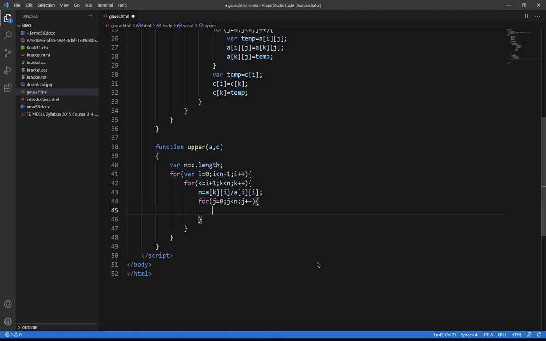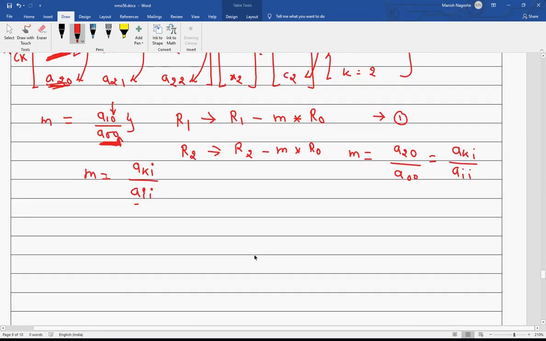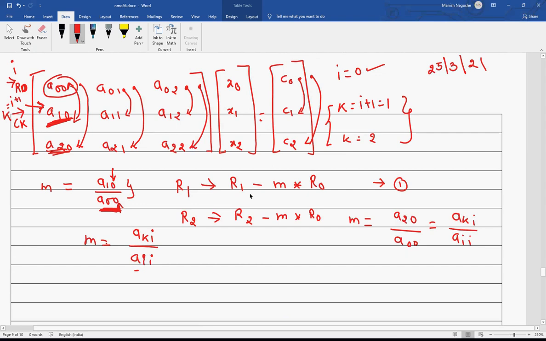And what operation do I have to do? That is R1 minus, so it is like A K J. So A K J is which element? K is 1 and J is 0. So I just write it over here, it will help you. Just a moment.